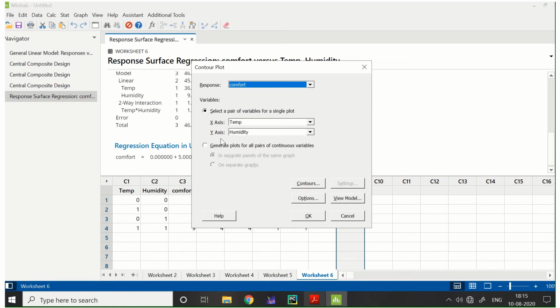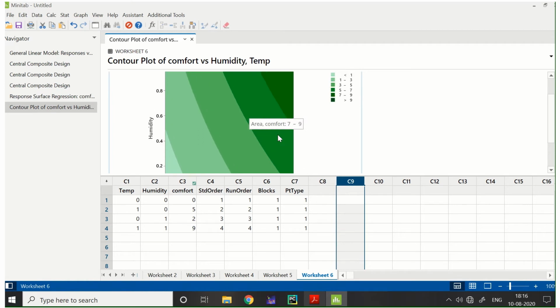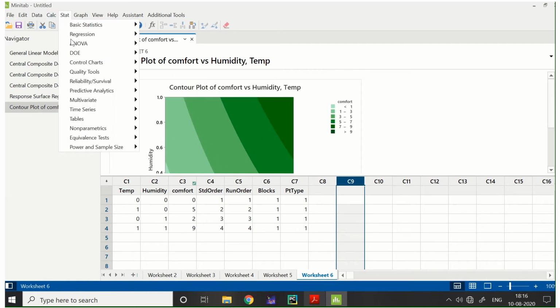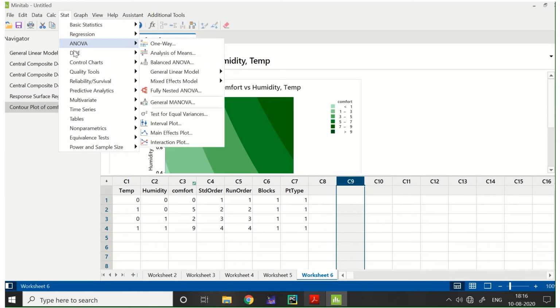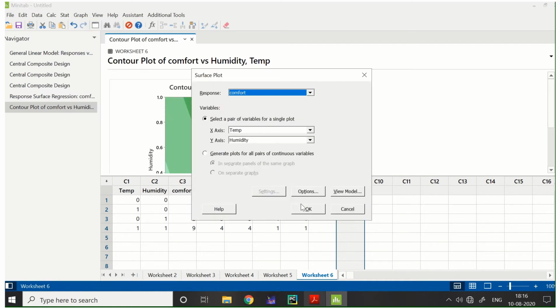Our x variable is temperature, our y variable is humidity, and the response is comfort. So this is the contour that we obtain from the analysis, and in the same way we can create a surface.